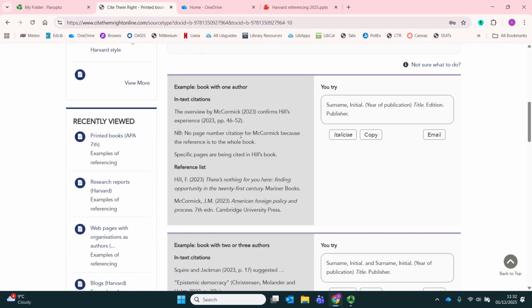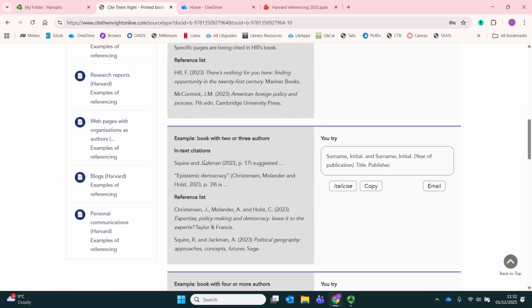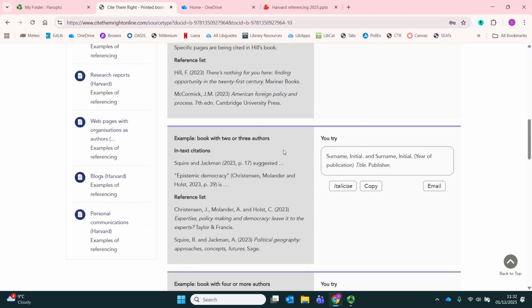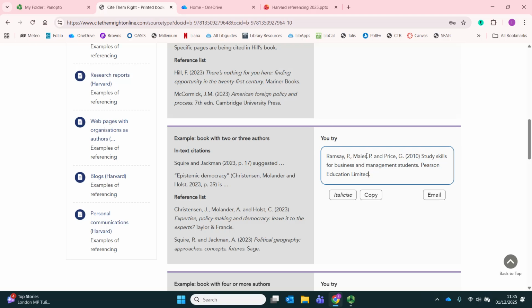And you have an example with one author, with 2 or 3 authors, and examples with 4 or more authors. Our example has 3 authors. You can start typing in their surnames and initials, the year of publication, and the title and the publisher in this box. As you can see, I've typed in the authors of this book, putting and between the last 2 authors